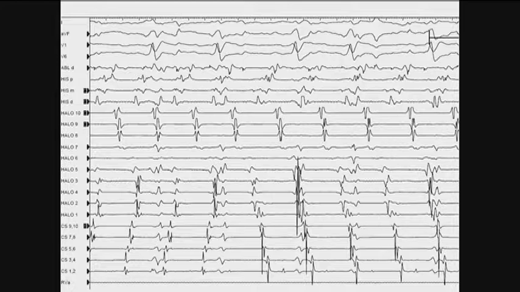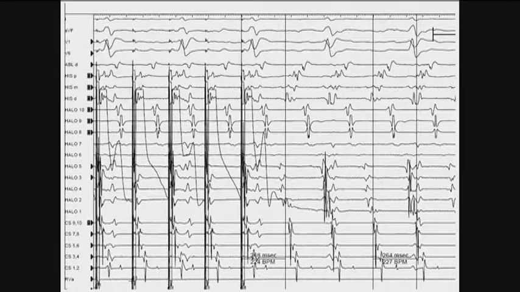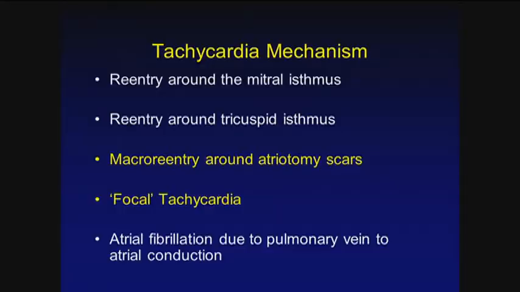So these kinds of things are very important to keep in mind, to look at how one flutter can be terminated. And you really have to be watching this live during a case. So these are the kinds of phenomena, and this is not uncommon. And of course we proved that this was right atrial flutter and terminated it by ablating the